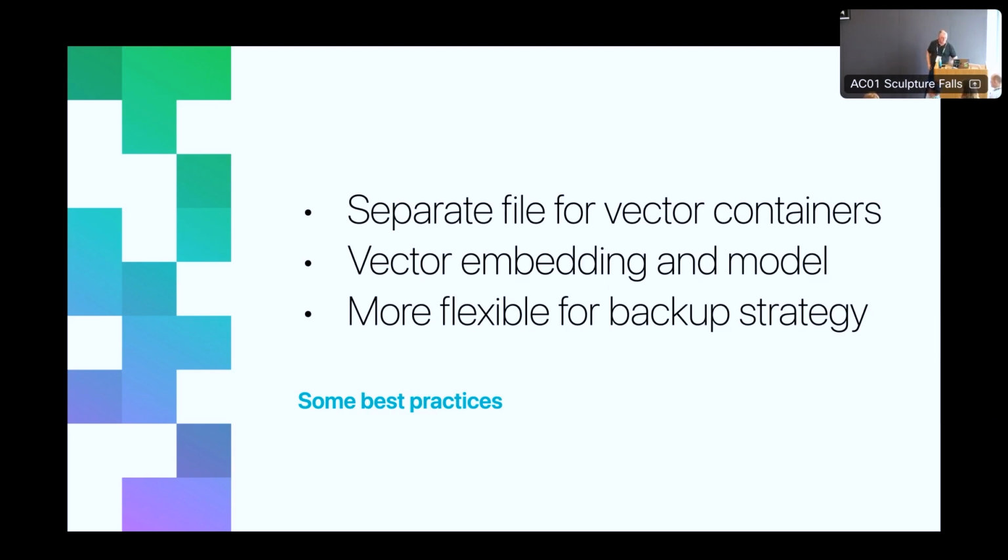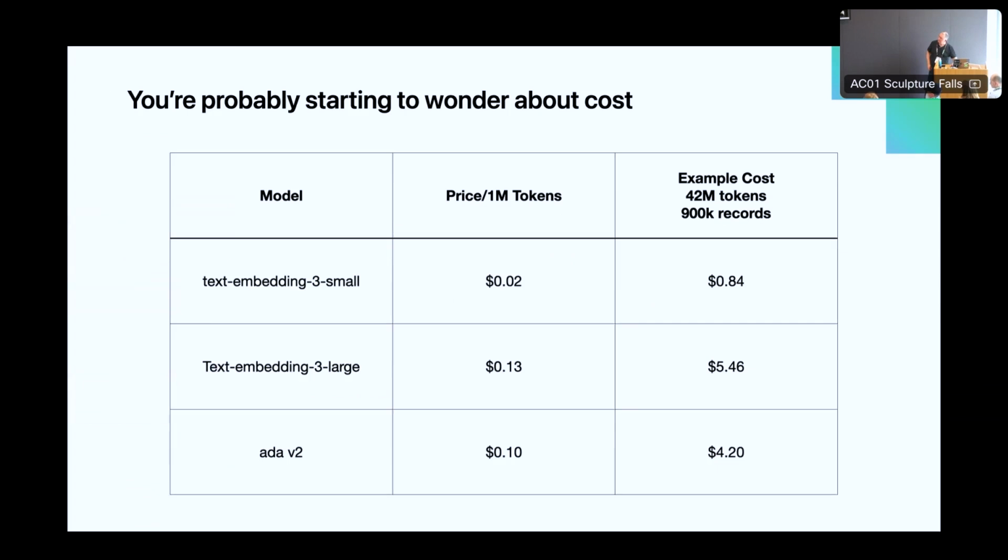In terms of cost, it's actually not that expensive. Most models price per million tokens. Using the text embedding small, it's 2 cents per million tokens. So if you're going to embed 42 million tokens, I did a set of 900,000 records, and it cost about 84 cents using the small model, and $5.46 using the large model, and then their other older deprecated model,